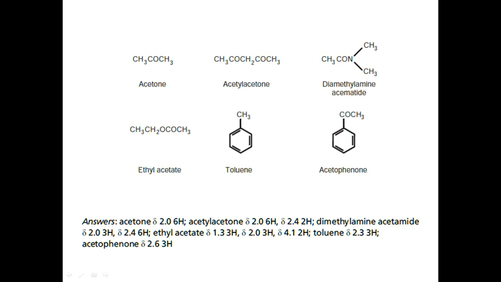This is acetone. We have 2 methyl groups which resonate around 2 ppm for the 6 hydrogens. Acetone has 2 methyls, and the 2 methyls resonate at around 2 ppm. For dimethylamine, the methyl groups resonate at 2 and 2.4 for one of the methyl groups there. This one is at 2.2, this one is at 2, and these two are at 2.4 because they are attached to nitrogen. It has gone for an upfield shift here.